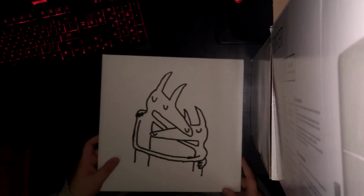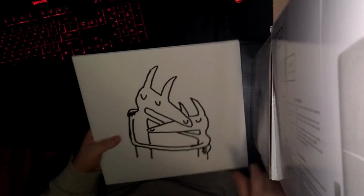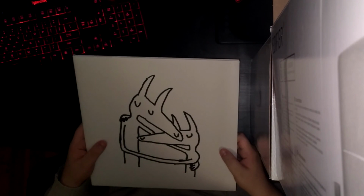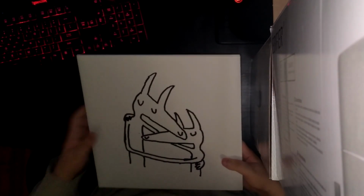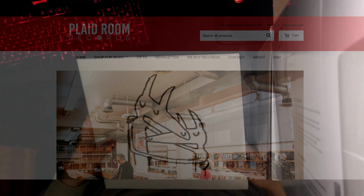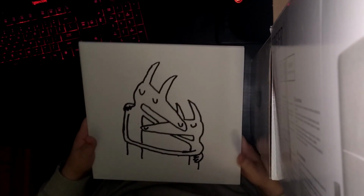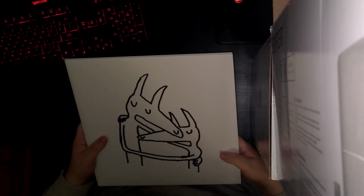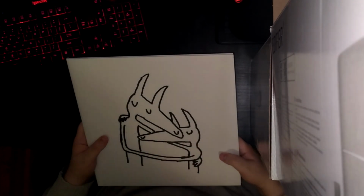Okay, another one I have here is Twin Fantasy by Car Seat Headrest. This is absolutely one of my favorite albums of all time, so having it on vinyl is superb. It's super high quality. This is pressed so well and it sounds so fantastic. By the way, I got this at a place called Platinum Records online. They shipped it to me in a couple of days in really cheap shipping, and it came super secure. It came super nice. I honestly love ordering from them whenever I get the chance because they know how to treat vinyl well while shipping, and honestly, if you can, I would definitely support them because what they do is